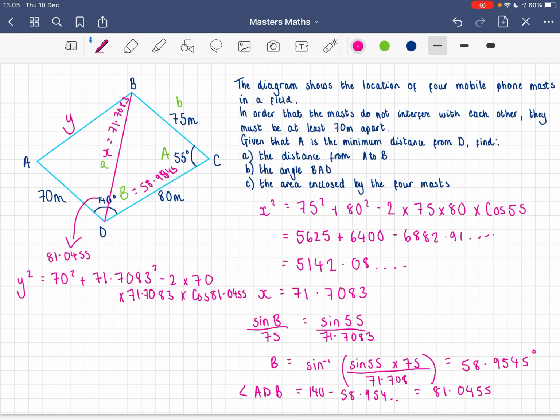But yeah, using cosine rule and the values that we've worked out, 70 squared is 4,900. 71.7083 squared is 5,140.080289. 2 times 70 times 71.7083 times cos 81.0455 is, so I'm minusing 1,562.59, etc. Put that into my calculator. 4,900 plus 5,140.289 minus that answer is